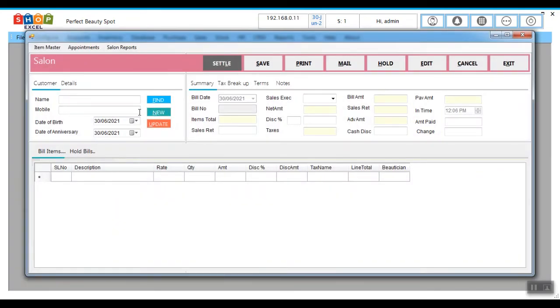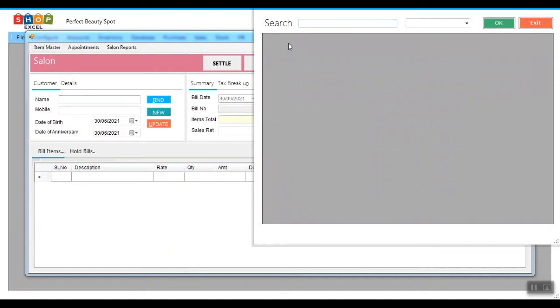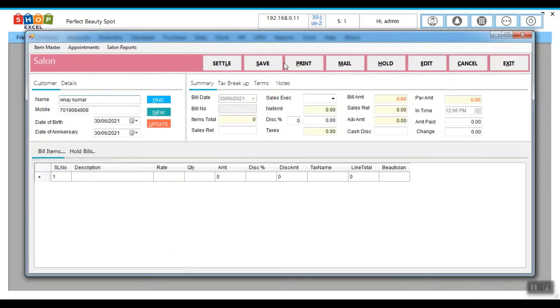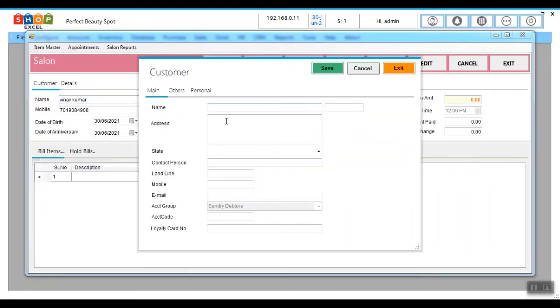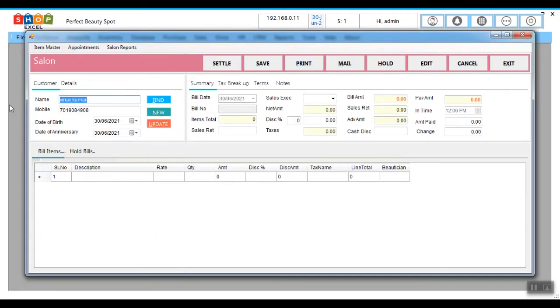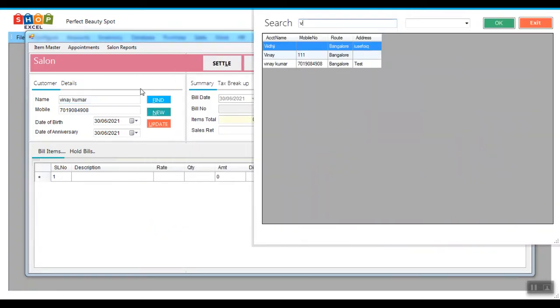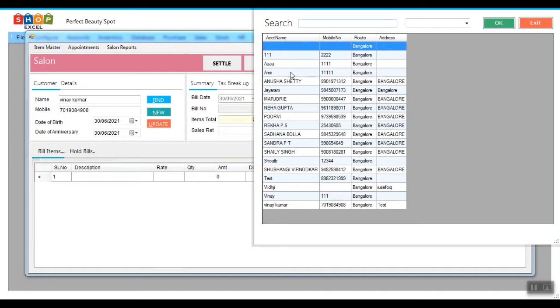Click on sales. If you have already added the customer, you can select the customer like this. If you want to create a new customer, click on new, add the customer information. Then automatically if you click on F9 here, you can search for the particular customer.